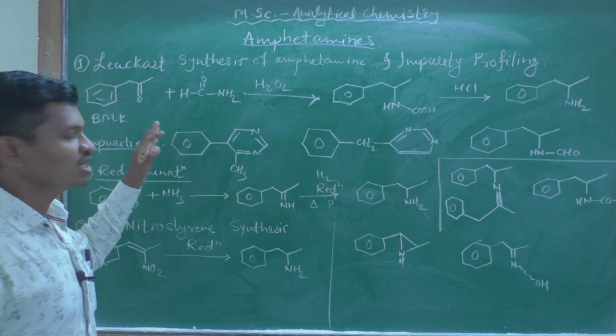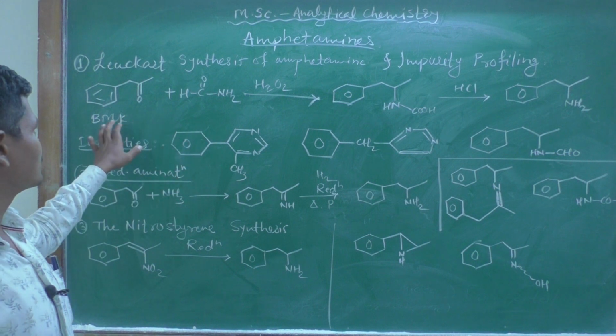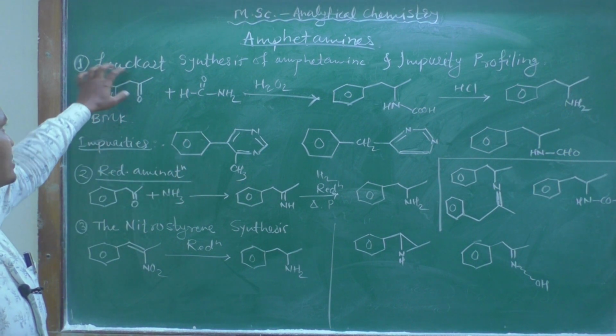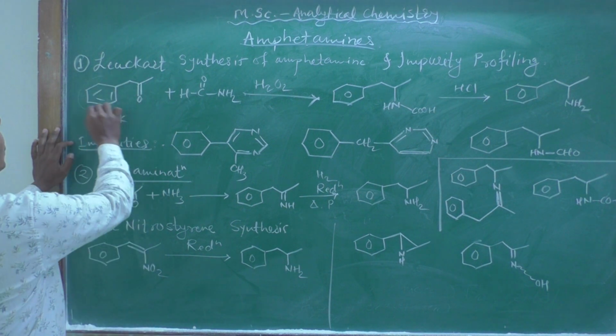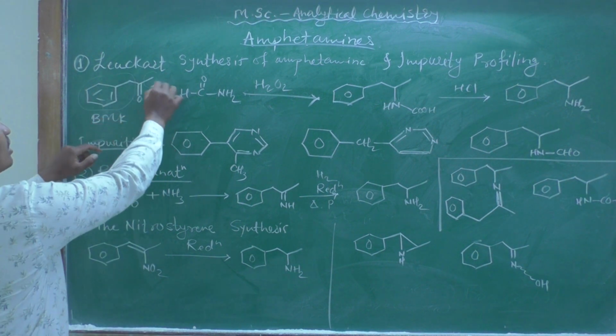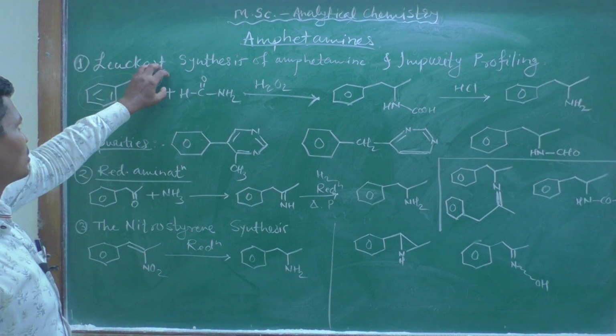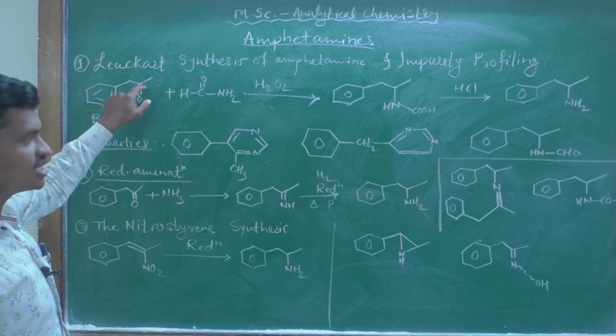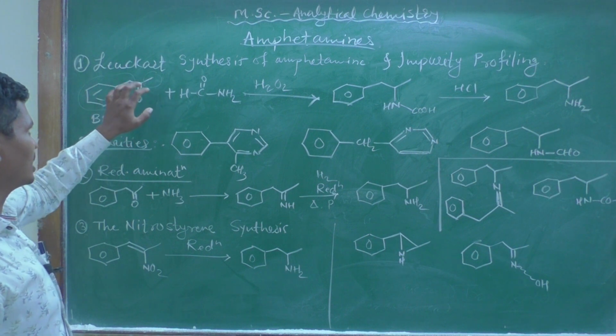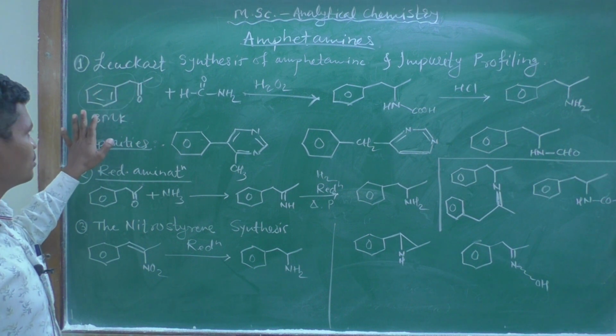Okay, so a very simple reaction is there. This is the BMK, that is benzyl methyl ketone. This is a ketone moiety. This system is known as benzyl, and this is the methyl group. This is the benzyl group, and a CO carbonyl group is there in between these two, alkyl and aryl group. So the name is benzyl